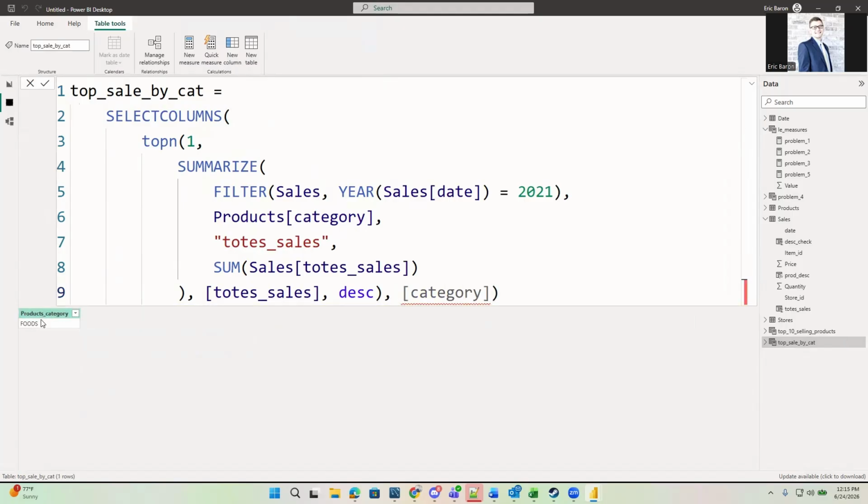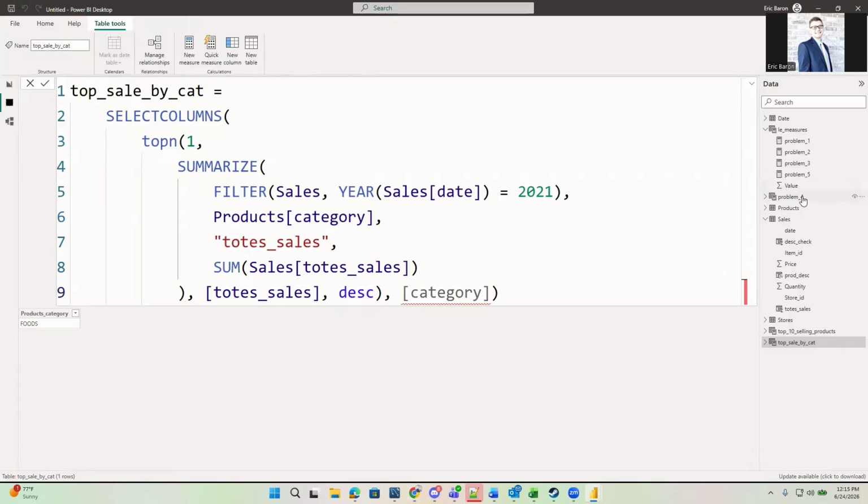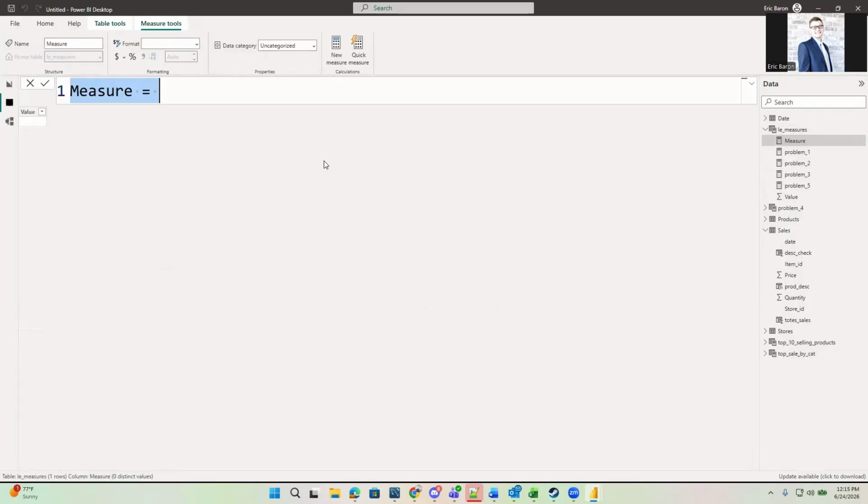There we go. So now it changes the name, but anyway, that's what it is. So now this is isolated. So that foods is the highest selling category in 2021. So this says, write the average sales price of all products. So now I can go write my measure. So I go new measure and I say